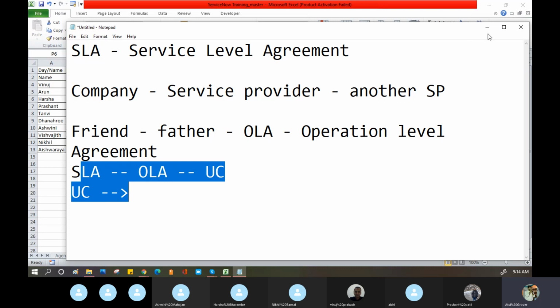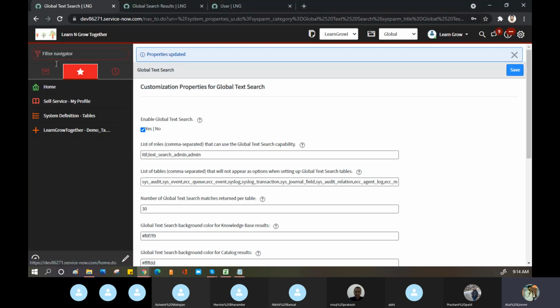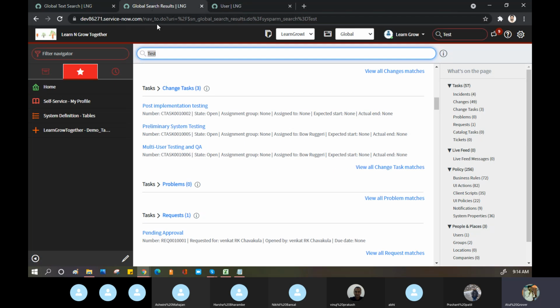Now let me show you how in ServiceNow you can see this. Let me go into the incident part.